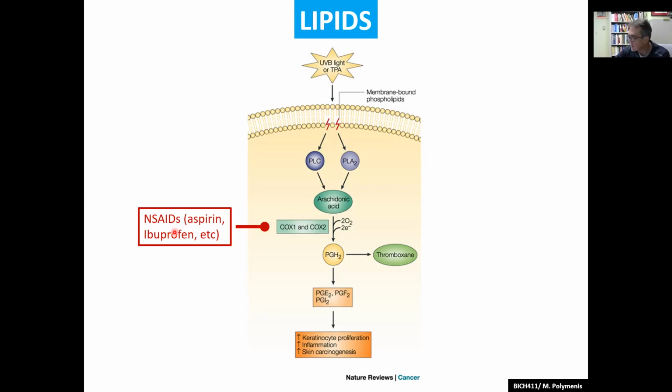This is one of the oldest drugs used, and for decades, we did not know its mechanism of action. So aspirin and other non-steroidal anti-inflammatories, I'm sure you've all used them, and you will be using them. You can buy them at any grocery store and pharmacy. And this is how they work. They block the further processing of phospholipid breakdown products to prostaglandins, which then in turn regulate inflammation. So you block cyclooxygenases with these drugs, you block prostaglandin formation, and you block inflammation, which is what we care about in this case.